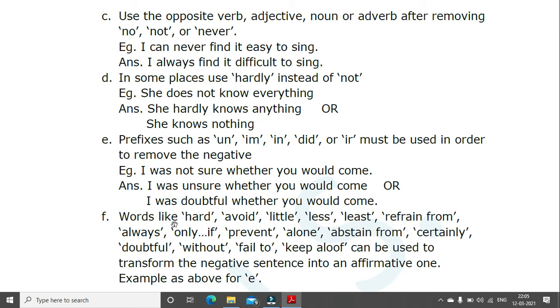Yes? Next, words like hard, avoid, little, less, least, refrain from, always, only if, prevent, alone, abstain from, certainly, doubtful, without, fail to, keep aloof can be used to transform the negative into an affirmative one. Okay, now